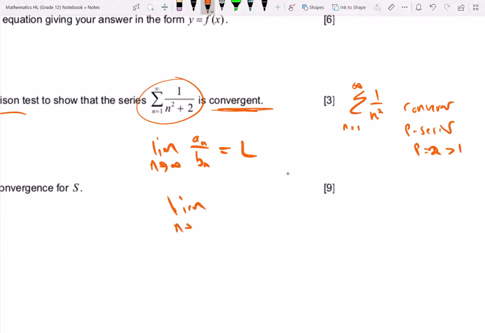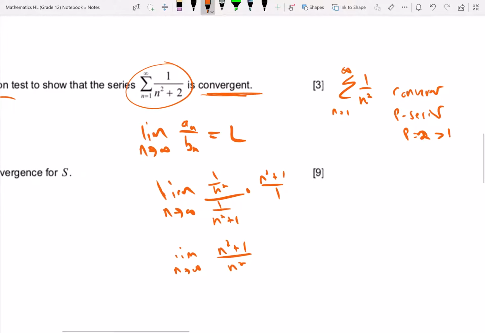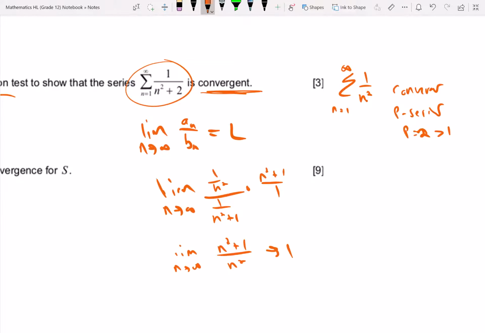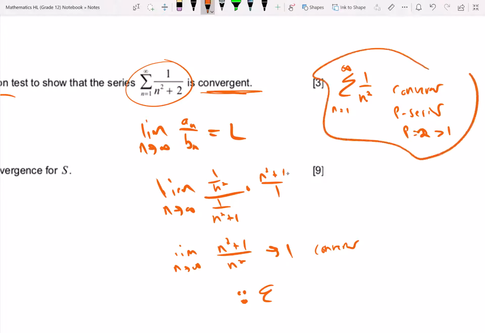So then we're going to use the limit comparison test. We're going to do the limit as n goes to infinity of 1 over n squared, over 1 over n squared plus 1. And this is the same as multiplying by the reciprocal, so it's going to be n squared plus 1 over n squared. And this limit equals 1. So since this converges, and we already showed this, therefore,